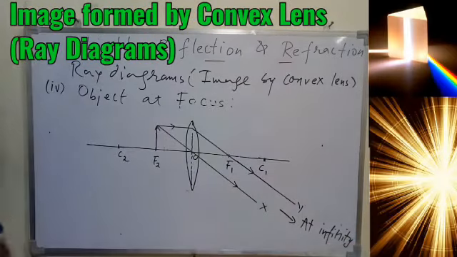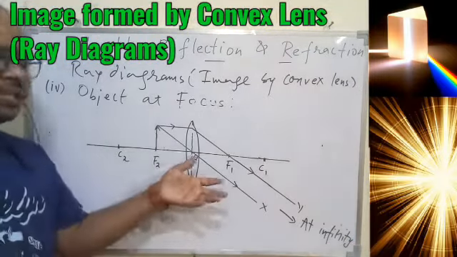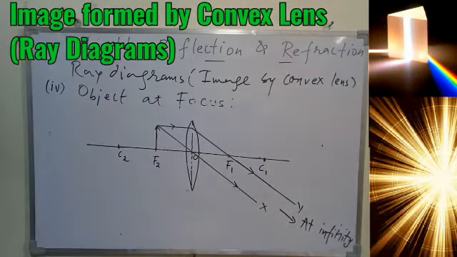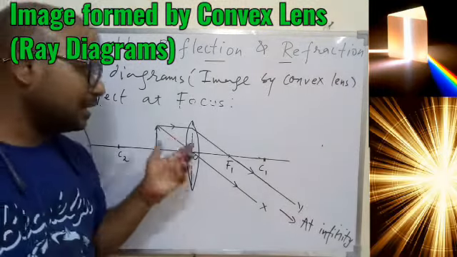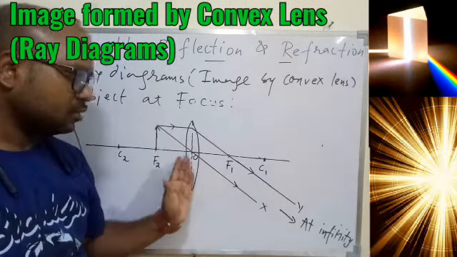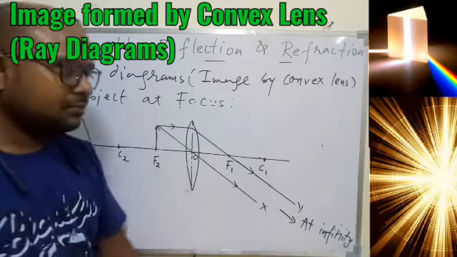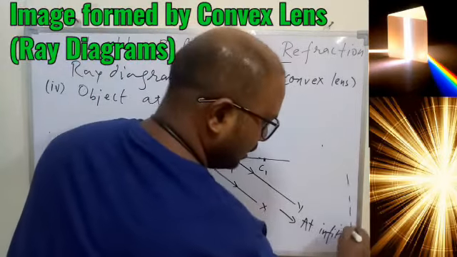they may converge. Okay, so since the rays are parallel, we cannot even draw the dotted line at the back, because that is to be drawn for infinite distance. So we just believe that if the rays are going parallel after passing through the lens, they may converge at the infinity. And if they will converge at the infinity, what will happen at the infinity?